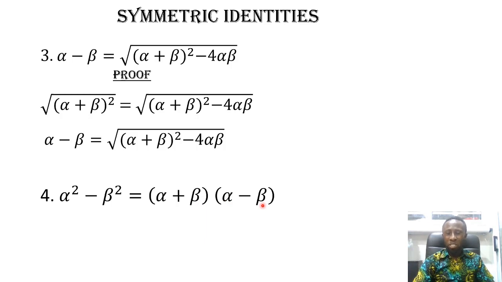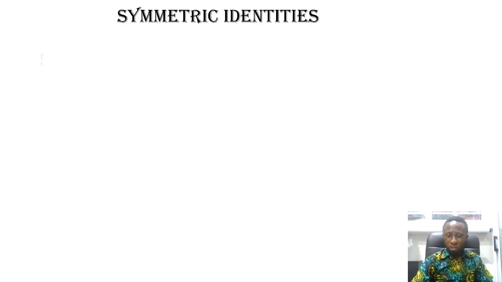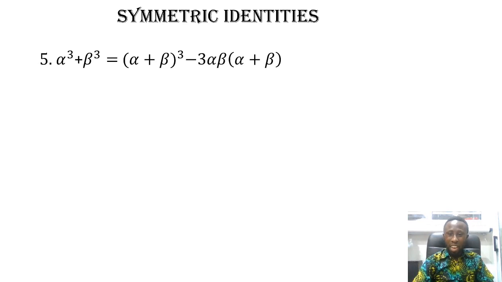This one we know. So it's easy as that. So this one is easy. Alpha plus beta times alpha minus. So let's move to our fifth proof. Now this. So therefore, our proof